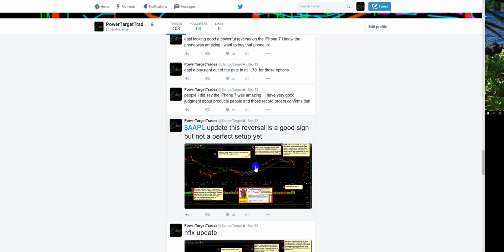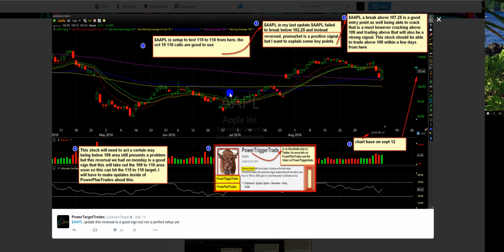Okay, so let's go into here, and I explain this, right? And I'm going to be real with this. Okay, Apple acted perfectly, and it confirmed my plan perfectly, and it made it very easy to hold. But I would be very quick to trim this position if it didn't work the way it does, based on how this reversal. I know how things are supposed to work. Okay, this is why I make comments inside of